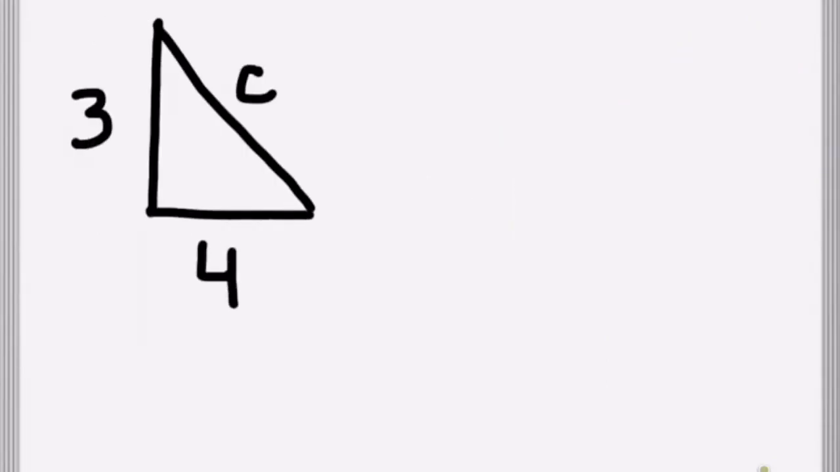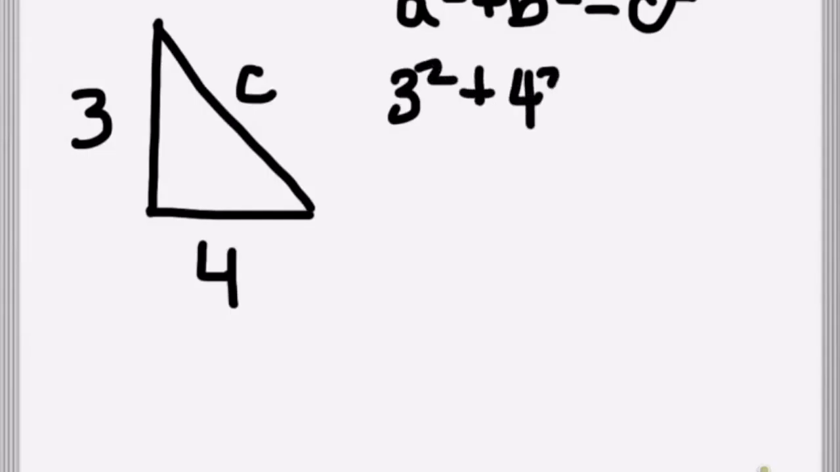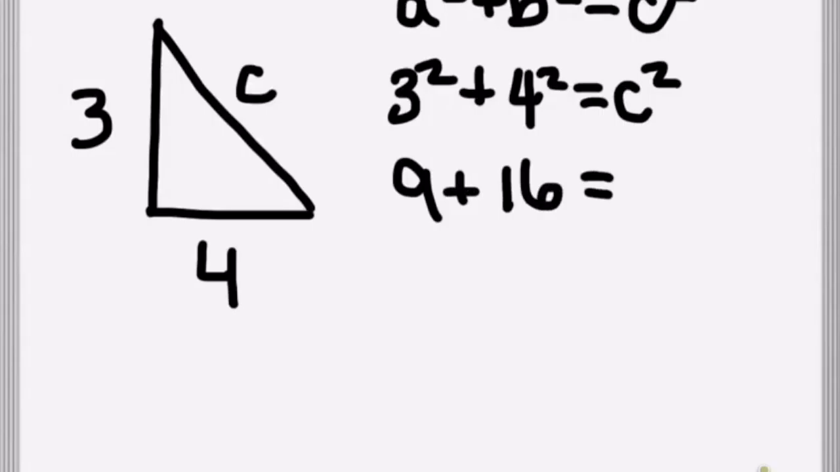So here is a triangle, and we want to find the value of c. And so we are going to use the Pythagorean theorem and start substituting values in. So a squared is going to be 3 squared, b squared will be 4 squared, and c squared is going to remain. And then we simplify this down,